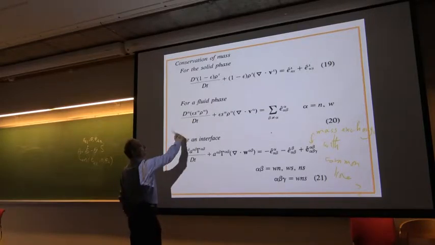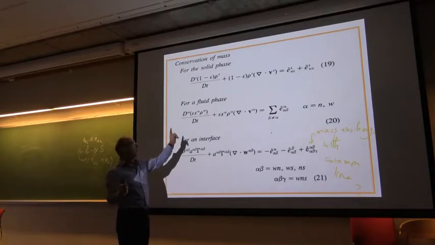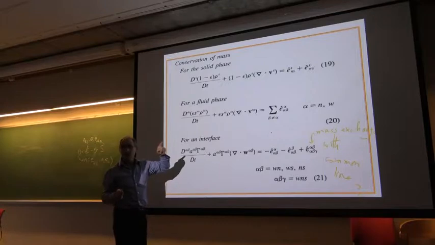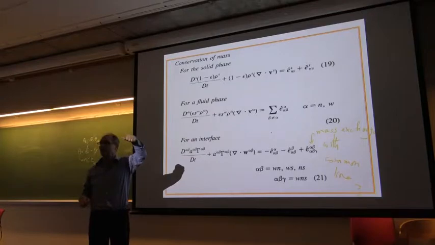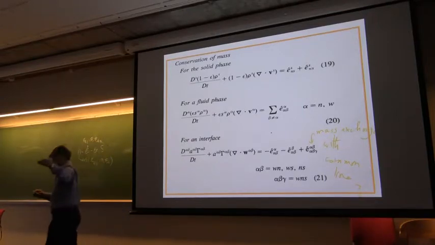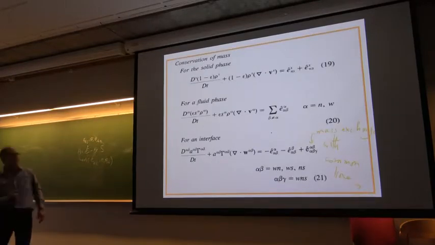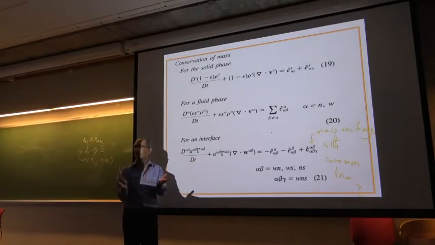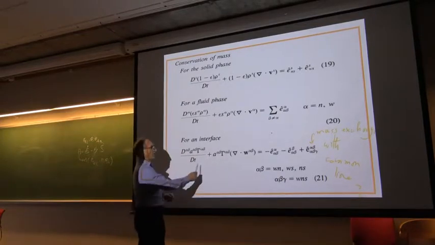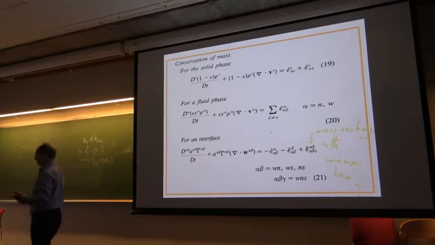For saturation, I don't have an equation. I am short of equations for saturation. And for interfacial areas, area per volume, I also am short of equations. I don't have them. So for an interface here, unless you assume that the mass of interface per area is constant, then I have an equation. But if it is not, then this is an equation for the mass density. I need an equation for interfacial area.